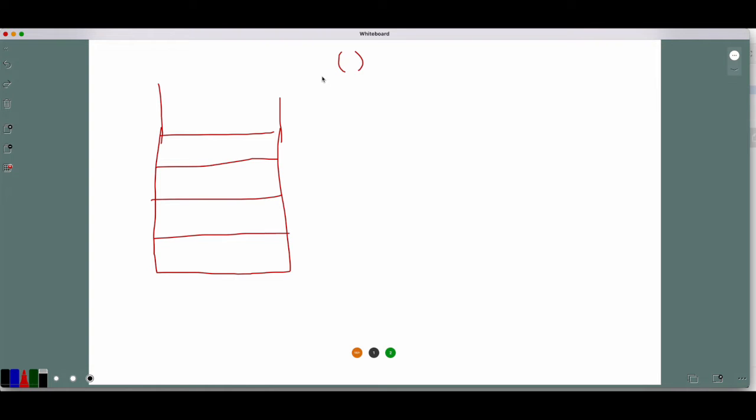In this case, I will run a loop which goes through all the characters in the string. I found an open bracket, so I'll push it to the stack. Currently the stack was empty, so I just pushed it here. Then I'll go forward in the string and see, okay, this is a closing bracket. As soon as we get a closing bracket, we have to go back to the stack and pop the last character.